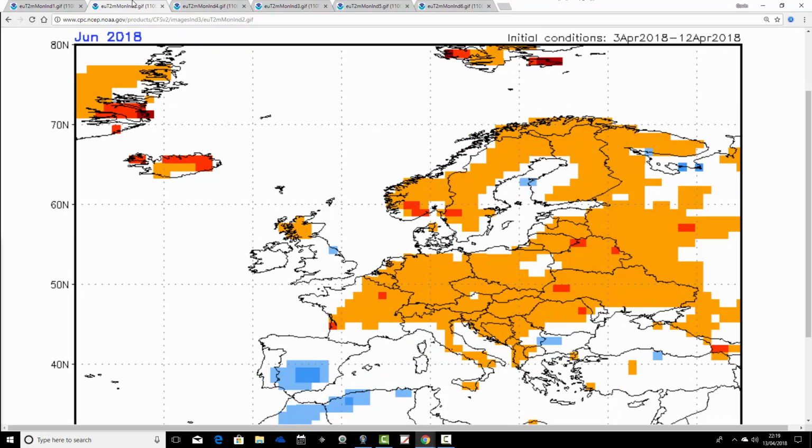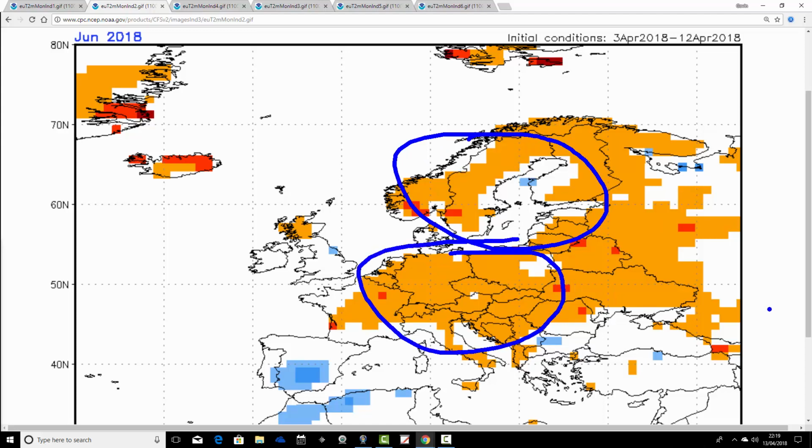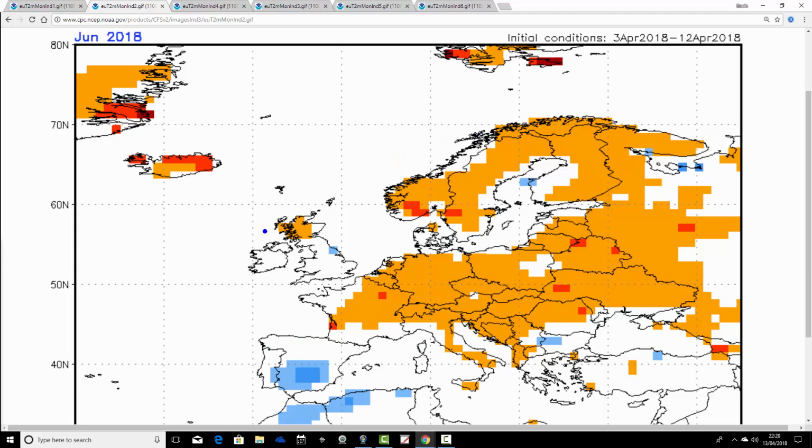This is how June is looking now. June's shaping up to be a very nice month, I think, actually, for most parts of Europe. So we've got warmer than average temperature anomalies over Scandinavia. We've got warmer than average temperature anomalies across most parts of Europe as well. For the UK and Ireland, we are closer to average. Scotland's a little bit above average. But I think we have a greater chance there of having a warmer month in June compared to May, purely because there's so much warmth being forecast for much of Europe. So June is a chance, it may not come off, but June has a chance of being